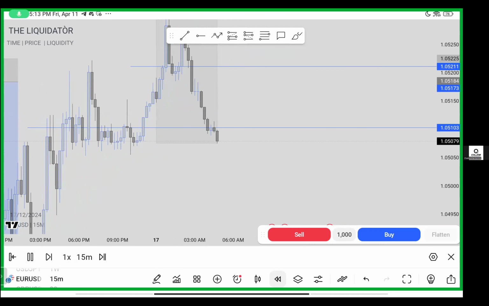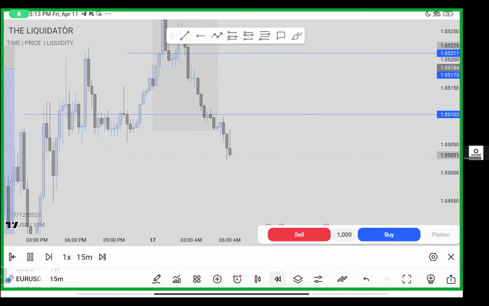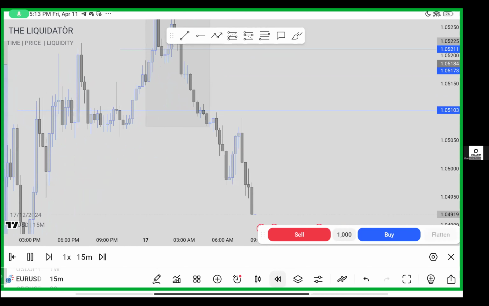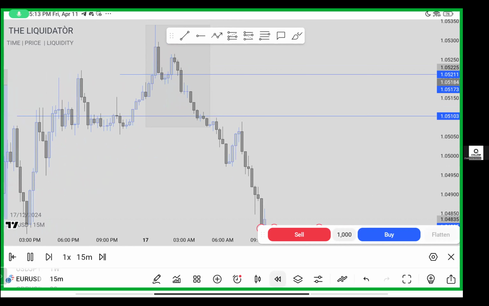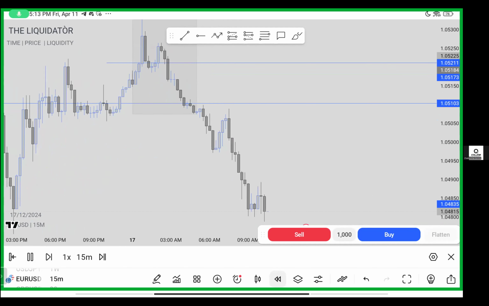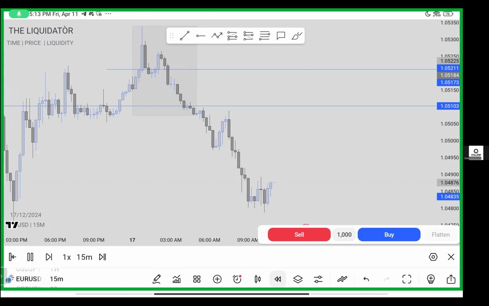So let's play price and see. We are waiting for a tap in any of these POIs so we could confirm if we could sell. Sorry, I mean sell, not buy. So we are still waiting for price. Remember, I said the only time we trade is from 8 a.m. Nigerian time to 4:30 p.m. So once price did not come to your POI during that time, there's no need of you taking the trade. So this trade was kind of risky for me because I saw price creating this liquidity.